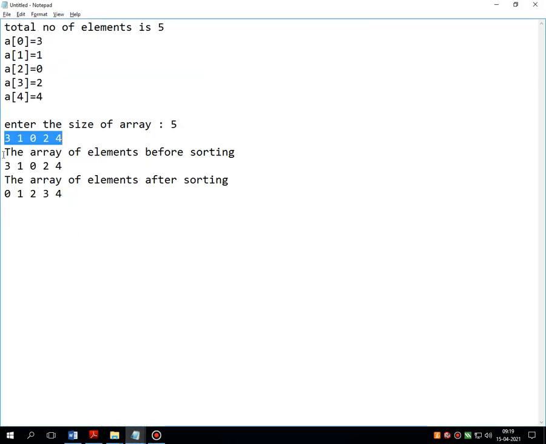Input the values like this. First give 5, then give unsorted values like this. Then by pressing Alt F5, try to visualize the sorted values like this, that is 0, 1, 2, 3 and 4.